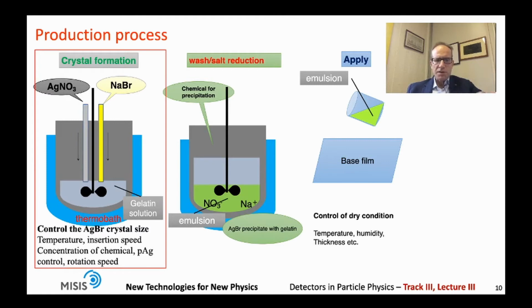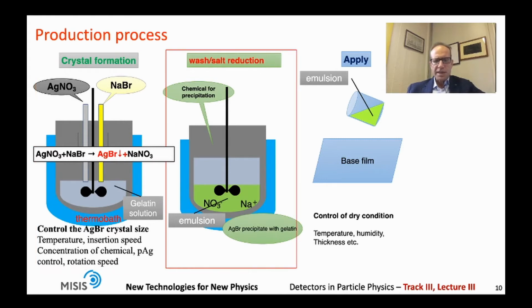So there's first a silver nitrate with sodium bromine or potassium bromine, and they are put in a thermobath with controlled temperature, insertion speed, and the rotation speed. And then there is a second step, which is the wash salt reduction, and then a